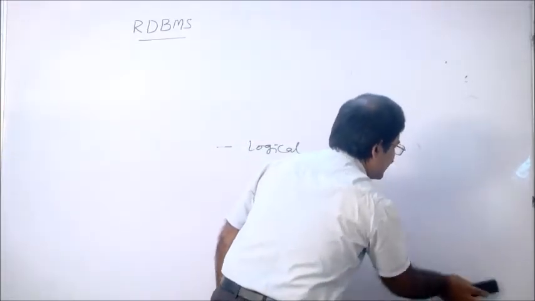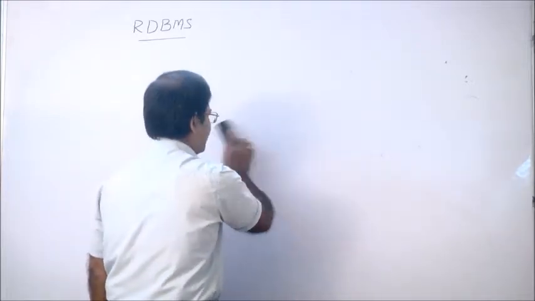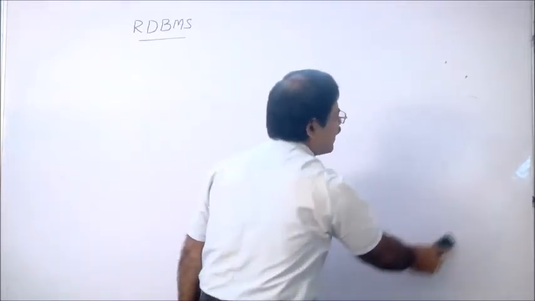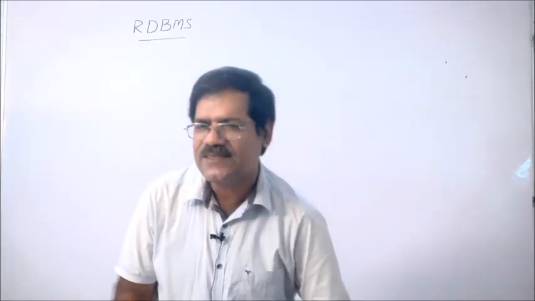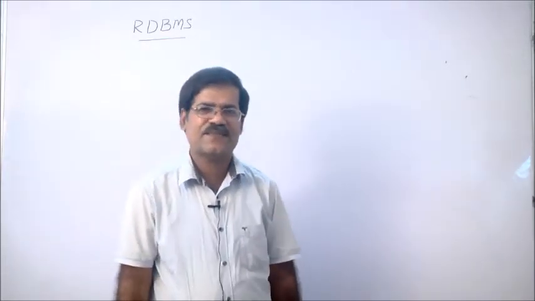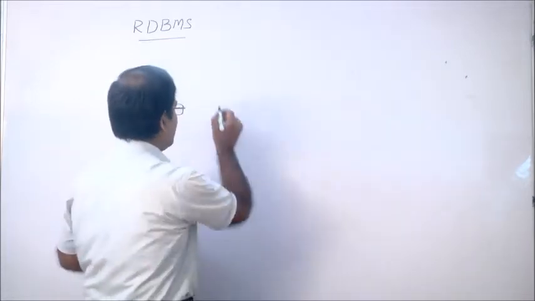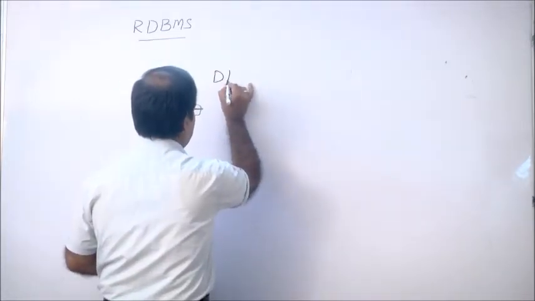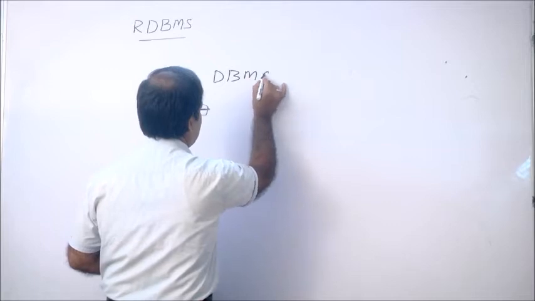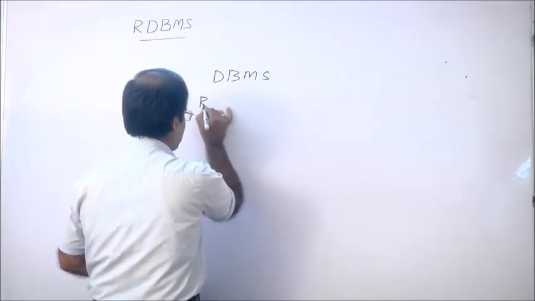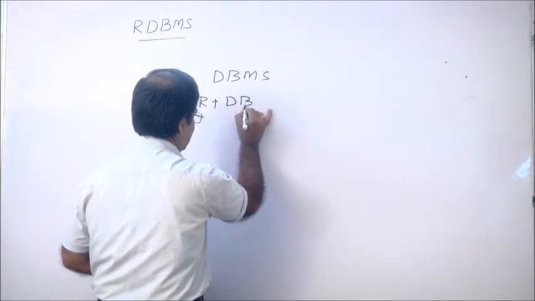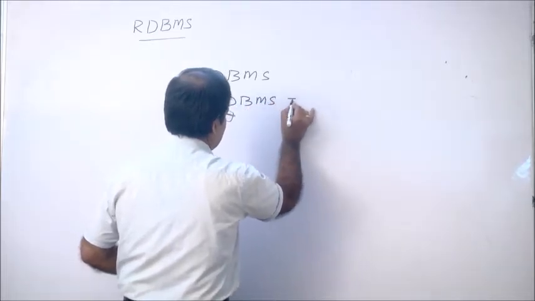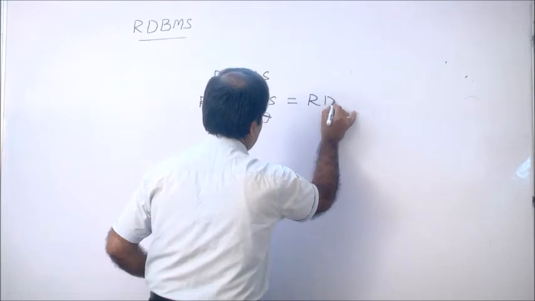This is the basic concept about database. There are so many other concepts in a database. What are the concepts present in a database? That is also present in RDBMS. DBMS, RDBMS. The first term is DBMS, Database Management System. Then RDBMS means a relational concept added with DBMS. We get RDBMS.